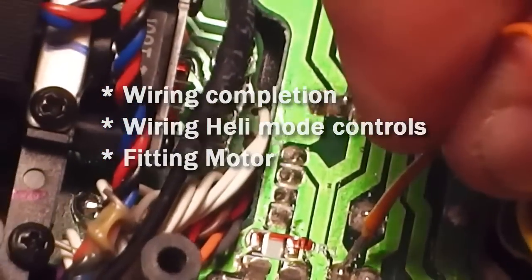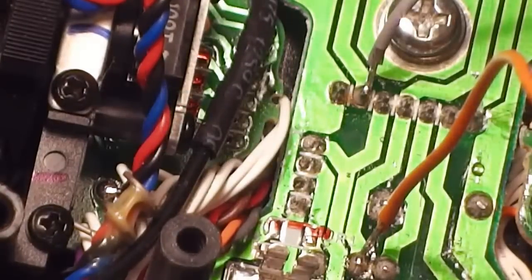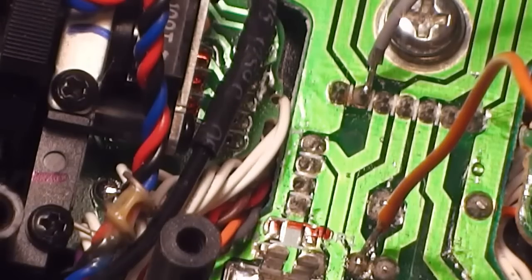Decent tug. That's nice and solid. Okay, so that's orange there, grey there, and now we can move on to the...